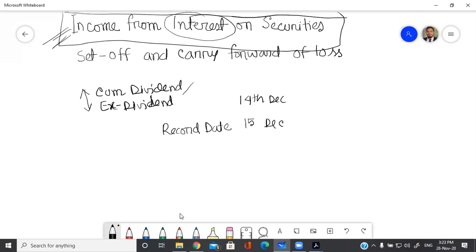So up to this date, 14 December, I mean before 15 December, before the record date. On the record date, there will be no trading. So there is no chance to buy and sell on this record date. On the record date, the trading is halted. That means the trading is postponed on the record date. So on 14 December, if you can manage to buy the Grameenphone share within this date,